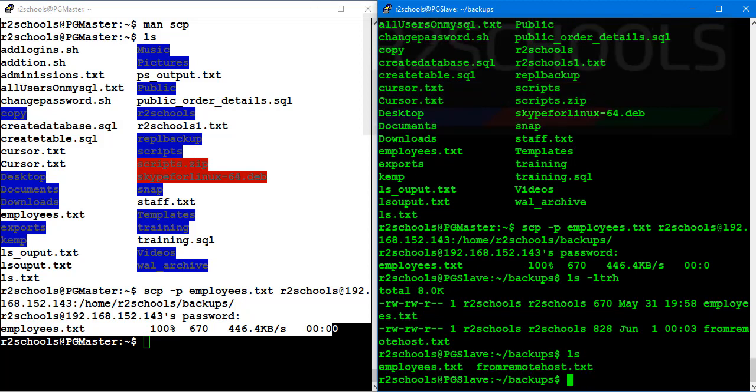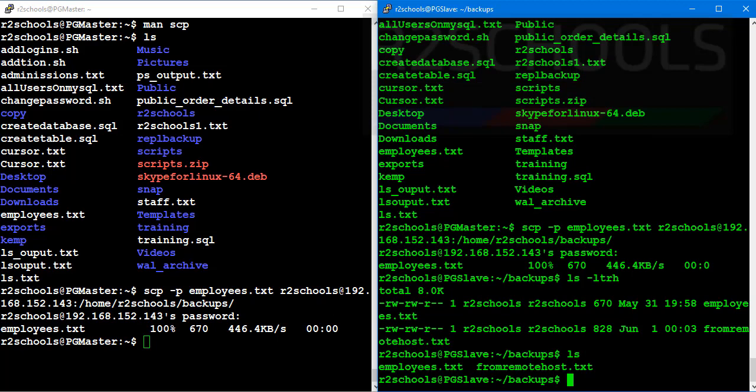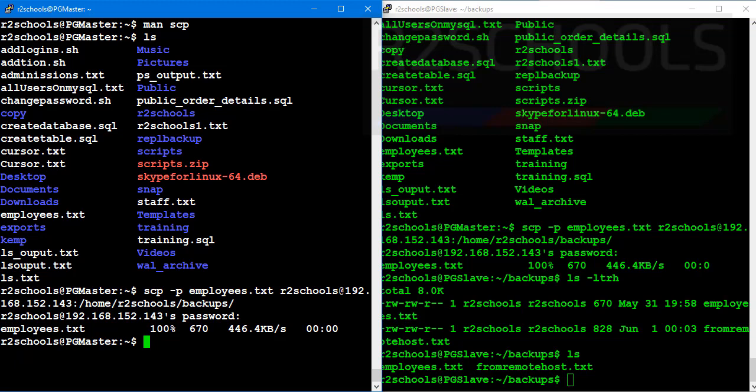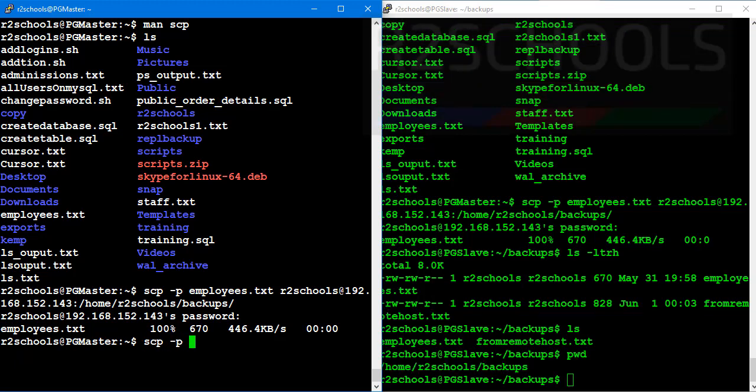I'm going to copy this file from the remote host to this local host. Use the same command, scp -p, and here we have to provide the remote host file name with username and IP.